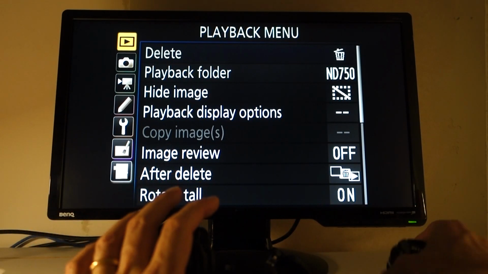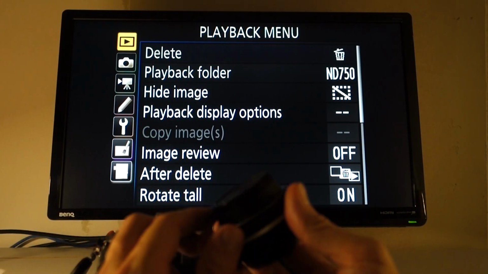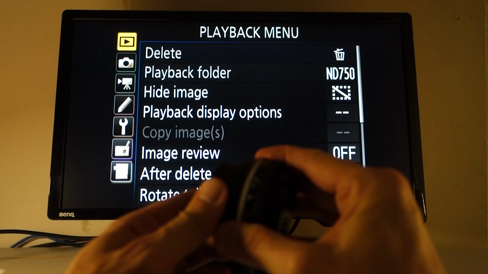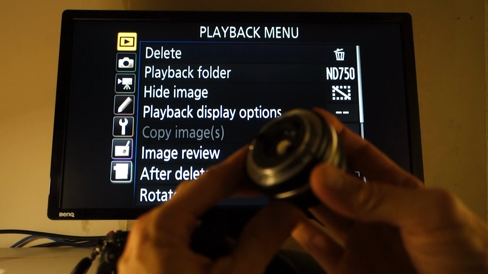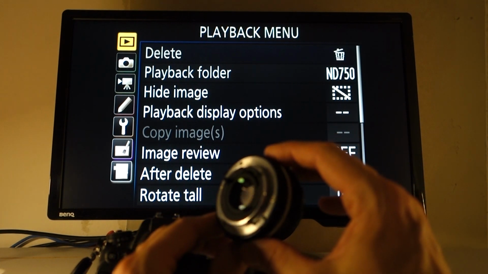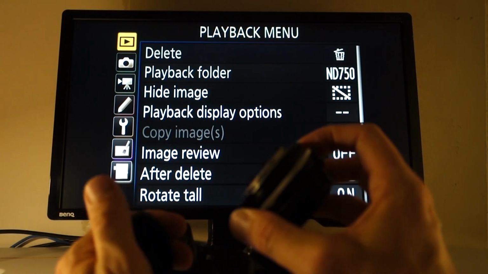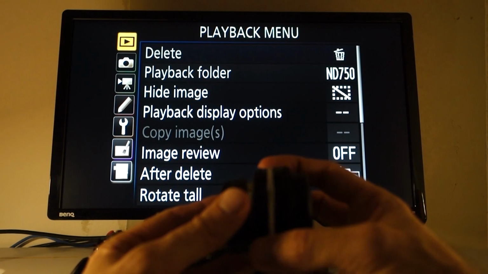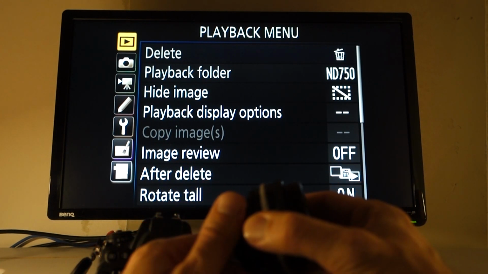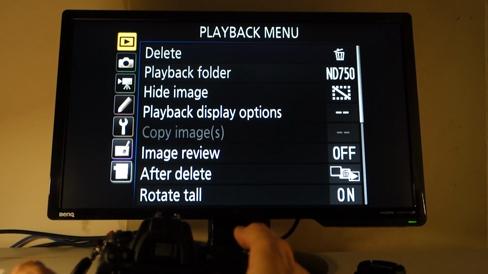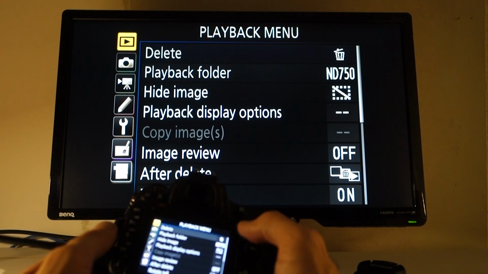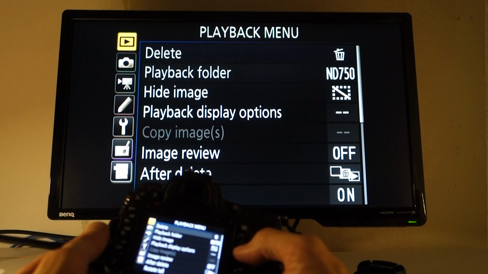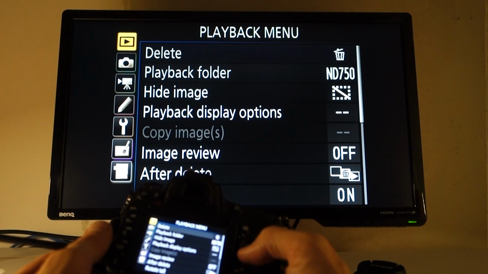Hi there. If you are shooting with a vintage lens, that is a lens without the CPU information, some of them do have the information, some of them don't. I have two examples here of lenses that do not have the CPU information, so I will show you how I have set it up on my D750 Nikon camera body